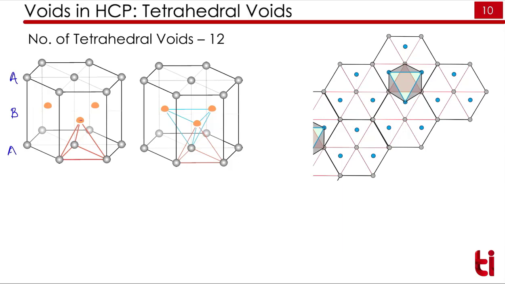So here we have 3 atoms, which means we can have 3 tetrahedra. So we have 3 tetrahedra by this configuration. Similarly, 3 tetrahedra will form on the top side. So we have 6 tetrahedra by this configuration, plus we have 2 tetrahedra by this configuration. Total is equal to 8. Still we need to find out the remaining 4.